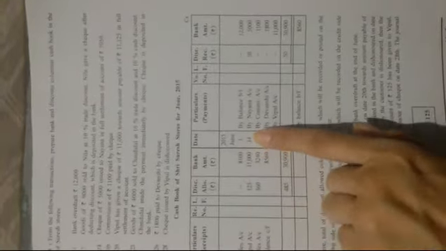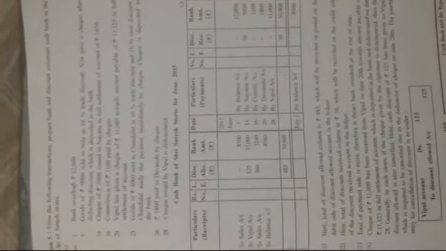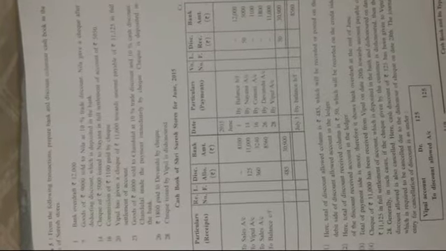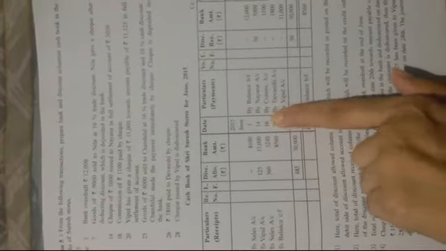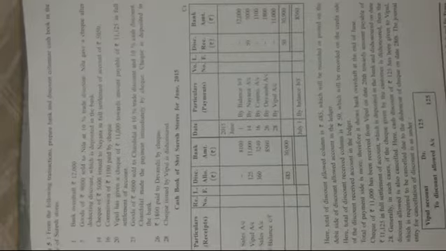Then the next is 16th June. Commission of rupees 1,100 was paid by check. Commission is a kind of expense for any business. So money is going out of the business, or we can say bank balance is decreasing. Therefore it would be recorded on the credit side of the cash book. So write the date, that is 16th June, By commission account, and 1,100 will be shown in the bank amount column.